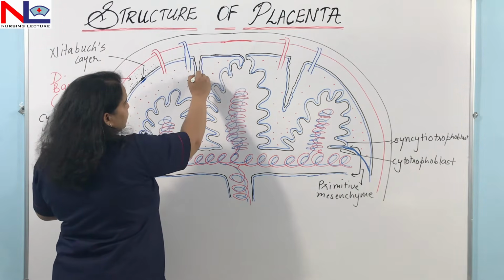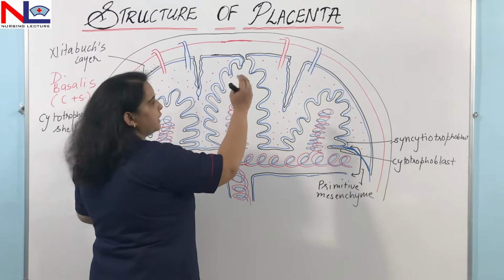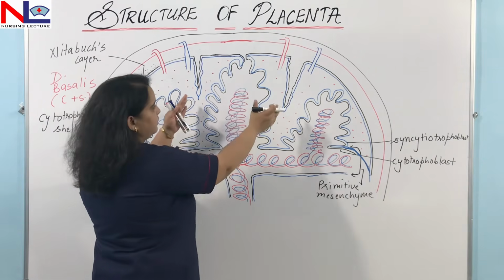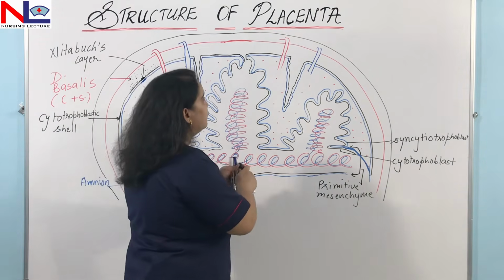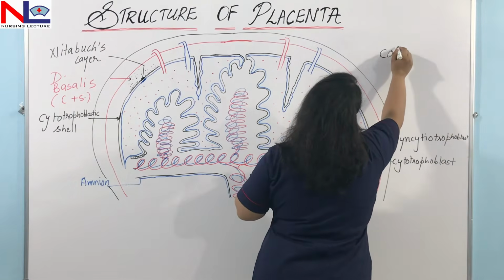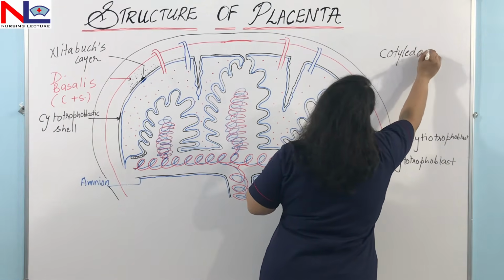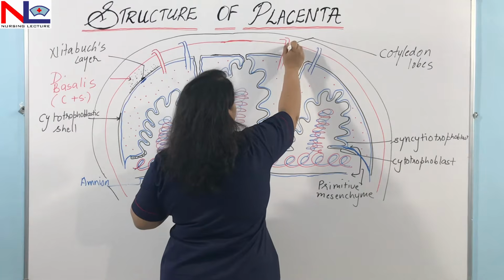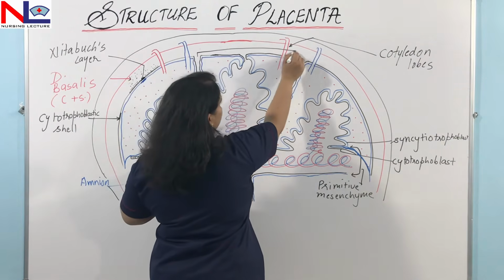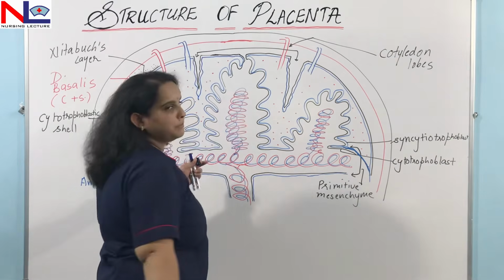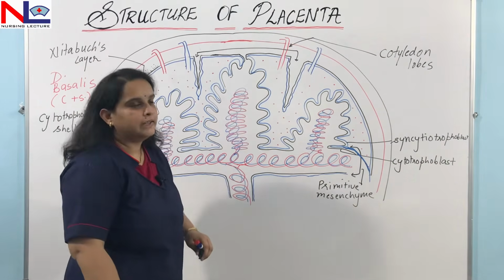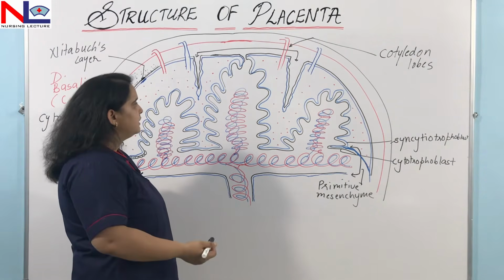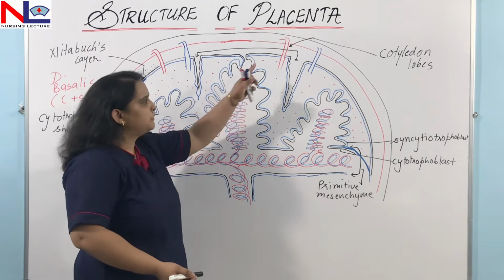So the spaces in between the septa. So here is one septum and the other one is this. The space in between these two septa is the functional unit of the placenta, and that is called the cotyledon, or the lobes. So here you can see from here to here, from this septum to this septum, this structure is called the cotyledon. In the placenta there are 15 to 20 cotyledons or lobes,